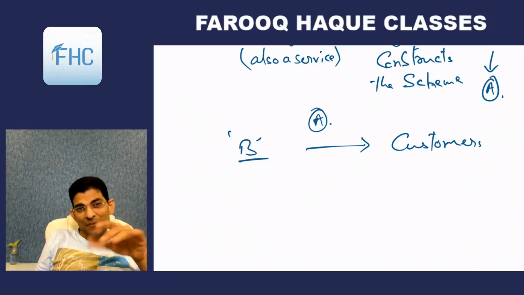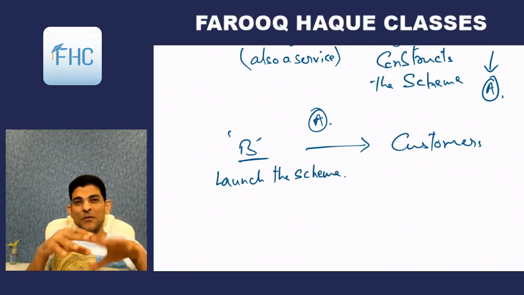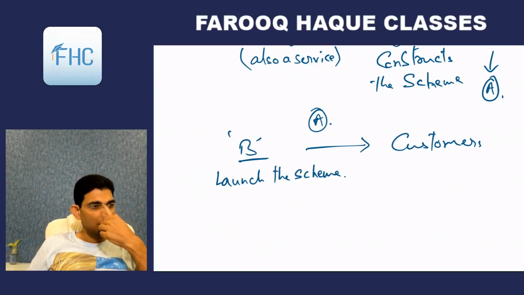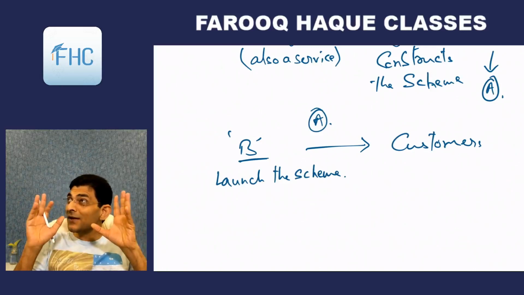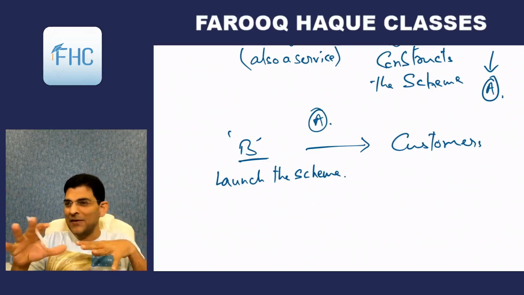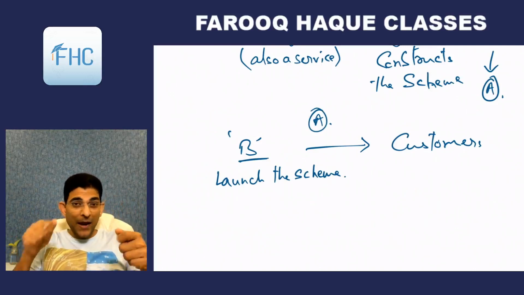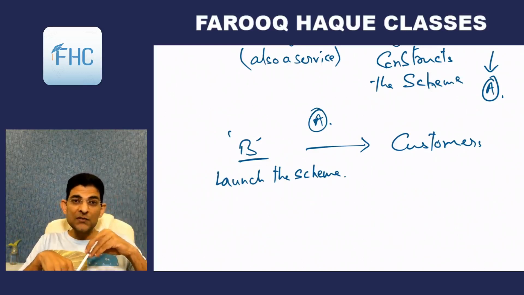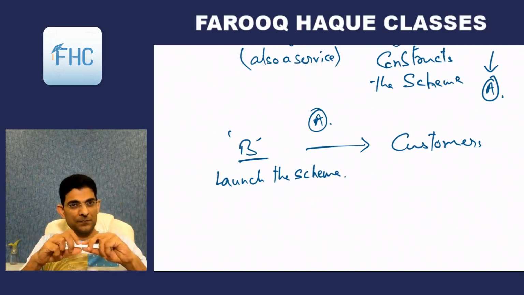So while this scheme is in this whole process, we launch this scheme. What we do, we launch the scheme. So we make very good images, Photoshop images which shows big buildings getting constructed, lot of buildings, and the swimming pool and the gymnasium and this and that, lot of things will show on those big brochures, and call public. We'll put lot of holdings in the city and call public to invite public to come and purchase our flats.